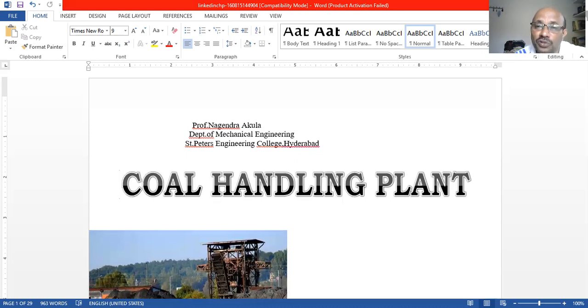Why are we going to use those dryers? Whatever atmosphere, the percentage of atmosphere involved in that coal, means that moisture content will be there. That moisture content we have to remove. So, as I told in the earlier video, it is near about 5 to 10%. After that, in some cases, the moisture content in that coal is 5 to 10 to 40% also. Okay. So that is one of the things: we have to remove that moisture content in that coal.